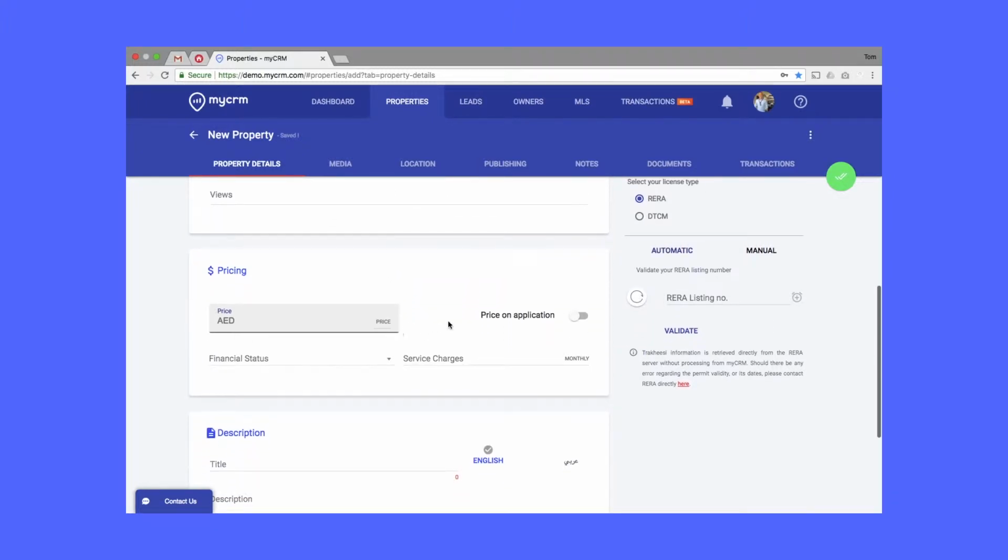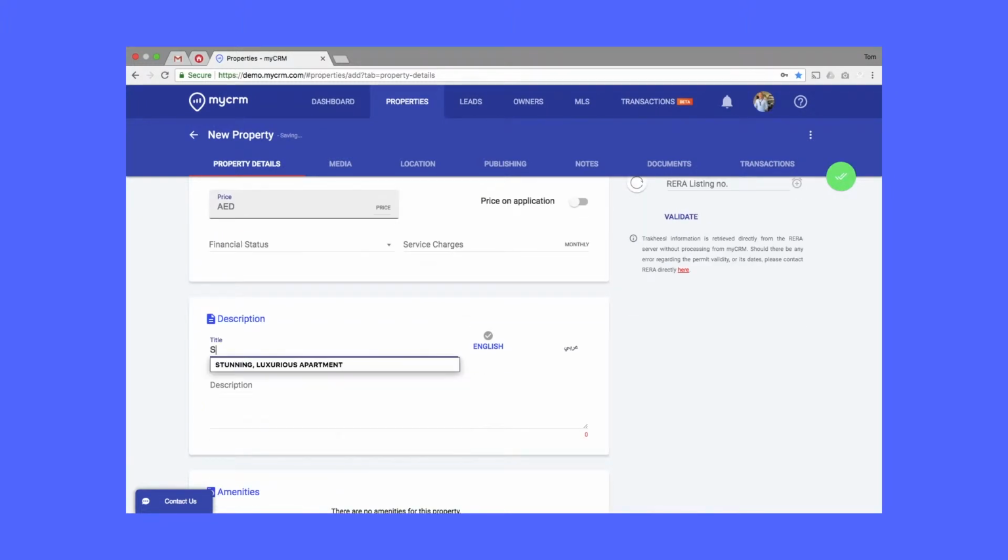When we work our way down the page, we see the price and, next to it, a button called Price on Application. If this is selected, then the price will not be displayed to the customer and they will see Ask for Price instead. With regards to the title and description, although myCRM will let you write whatever you want,